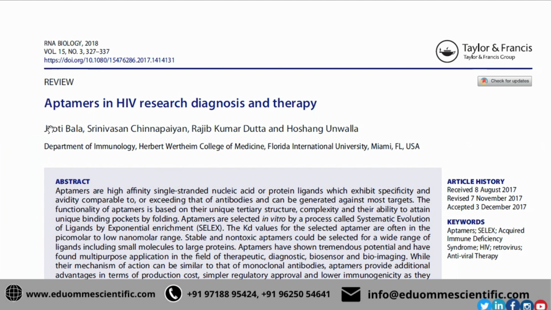So here you can see that I have written this aptamer review from a US lab. This is about the role of aptamers in HIV research. Especially, I have focused on diagnostics and therapeutics. So just by looking at the title, you can get an idea about aptamers, HIV research, diagnostics, and therapies. So if you want to perform experiments related to virology, aptamers, diagnostics, biomedical work, and you find this article suitable for your research interest or for your proposal, then you can read about these things.